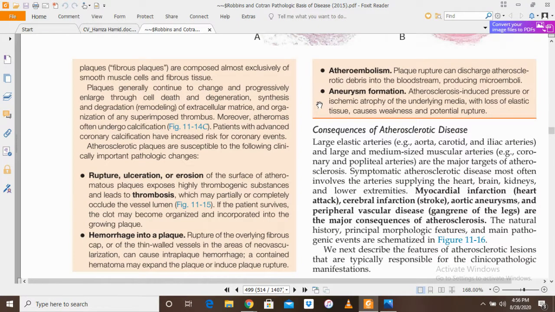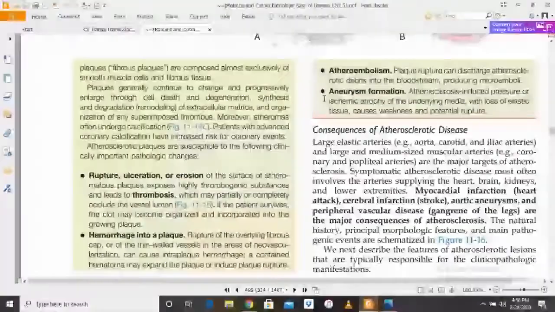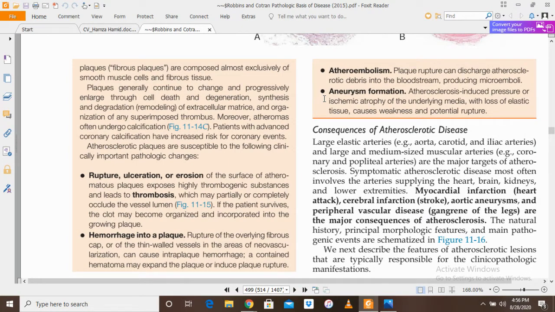ischemia. And due to ischemia of the media of the vessel wall, weakening of the vessel wall occurs, and protrusion of the vessel wall occurs. The weakening of the vessel wall results in the formation of an aneurysm, and due to weakening of the vessel wall, that aneurysm may undergo rupture, with release of blood into the